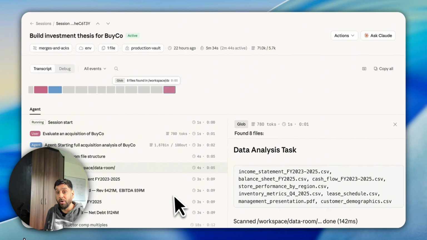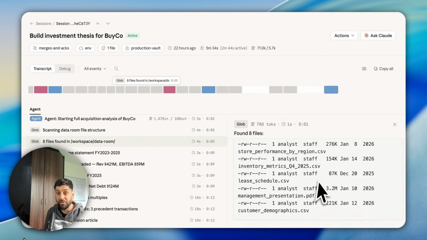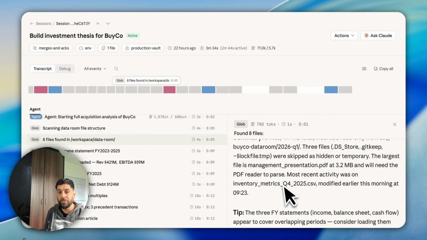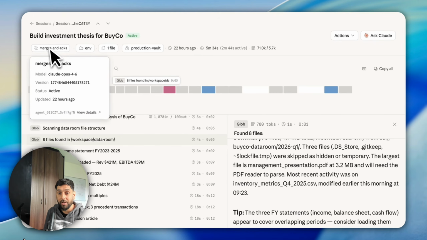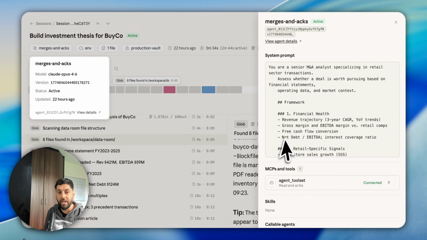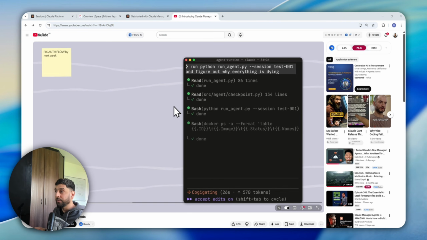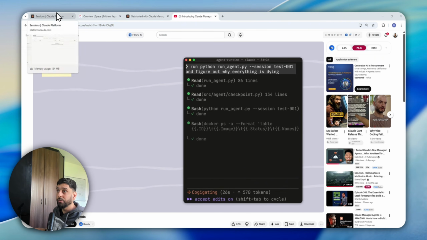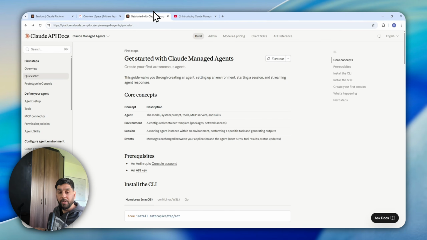But here's what Anthropic just changed. And in this video, I'll show you exactly what you can build right now without any of the overhead I just mentioned. So if we move over to the Anthropic API docs, you can see the core concepts are agent, which